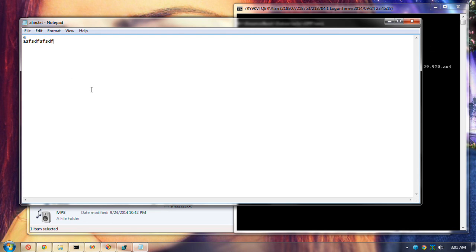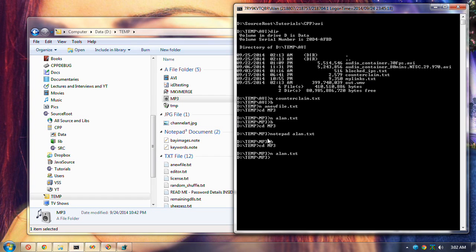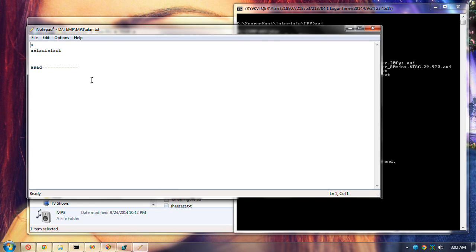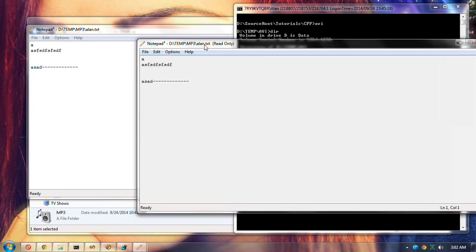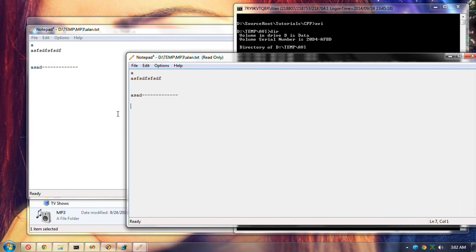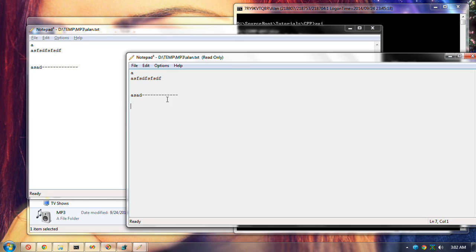Now if I was doing something in the notepad and save, oops, what I'm getting now is not what I saved, but what the other program saved. My thing will only allow one instance of it to do any editing. This instance can't do it. It can read it, but it can't do any editing. It's prevented from doing that,